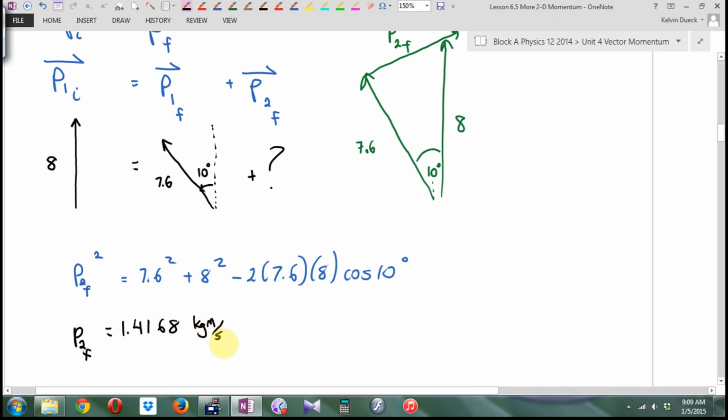Is that what they wanted me to find? No. That's the momentum. What did they want me to find? Be nice if there was an easy way to find velocity from momentum. Oh yeah, divide by the mass. So, velocity final is going to be...